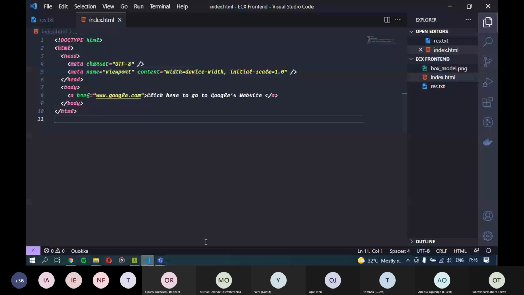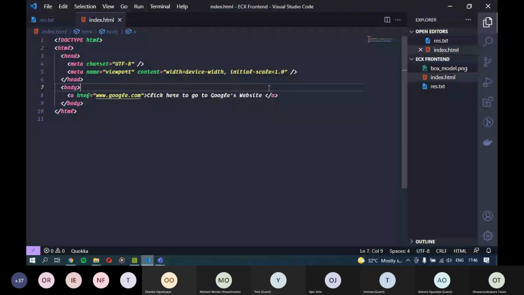Yes, we can. Okay. So we stopped at links and I was explaining how you can link your web page to another web page by using the A tag and the href attribute. The value you give to the href attribute is the URL that you want the browser to go to. In our case, we want to go to Google's website, so that's why I have www.google.com here. So if you go back here and we refresh, you shall have a link, and by clicking it,